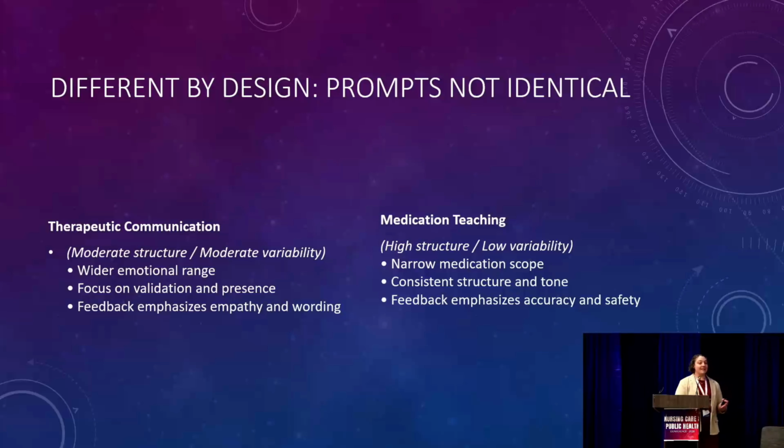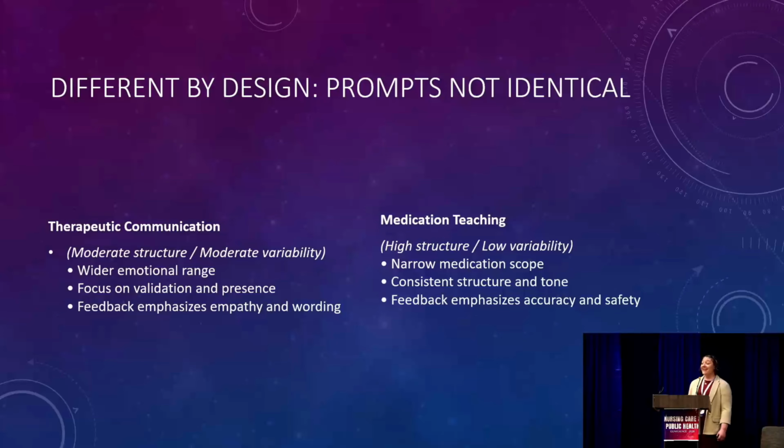These are all experiences as nurses that we will encounter, and more. But I have a smattering of things that are difficult situations. This particular AI therapeutic simulation is built for human connection. Can you manage therapeutic communication in a difficult situation, right? With that, I want my students to actually be present and practice emotionally staying present while being professional in this situation, which means it has less structure to it, and I give the AI more variability in its responses to my students. I'm focusing on validation and presence, right? And so the feedback often emphasizes, were you empathetic? Did you connect? Were you person-centered?